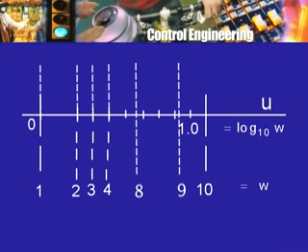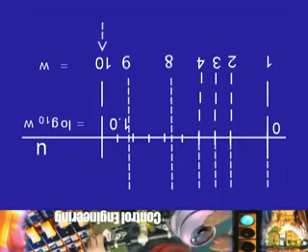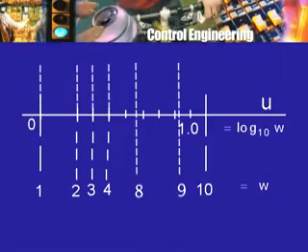In fact, this is something you have to learn the first time you use the semi-log paper. You can use it upside down. So, you can do it this way, and then this will correspond to 1 and this will correspond to 10, but then these markings are not correct. This is a mistake which students very often make. So, first of all, you must hold the semi-logarithmic paper properly